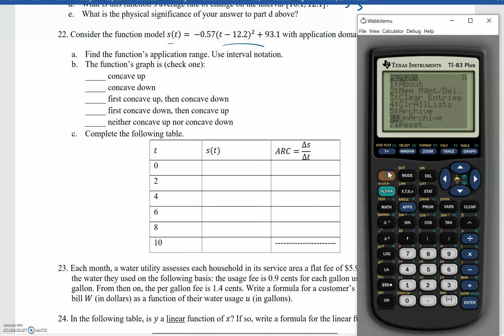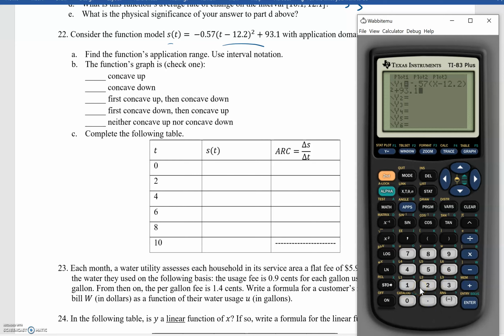You know what? I take that back. I'm not going to clear everything. I'm going to clear this as needed. I'll just clear those two. And let's enter our function. So that's negative 0.57 times (x minus 12.2) squared plus